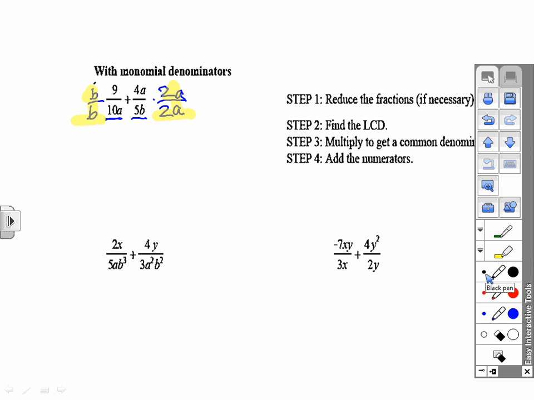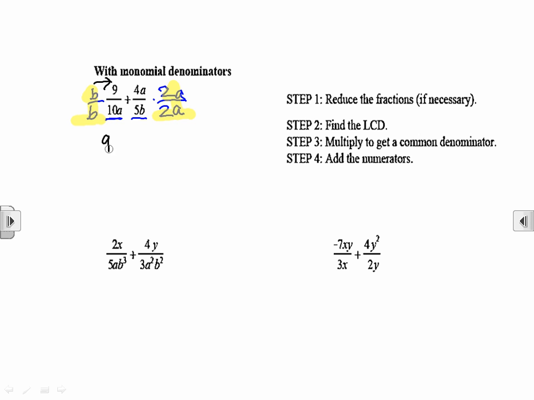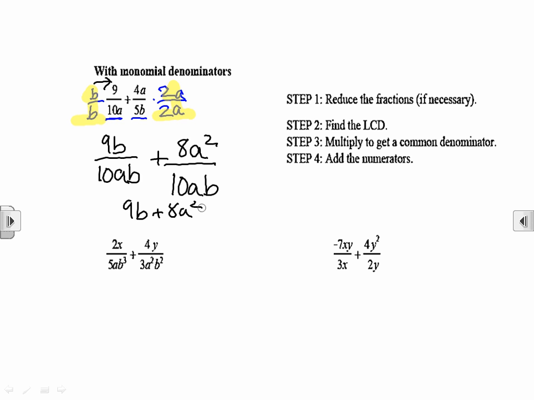So if I multiply across my first fraction, I end up with 9b over 10ab, plus 4 times 2 is 8a squared over 10ab. And now I can combine the numerators. 9b plus 8a squared all over